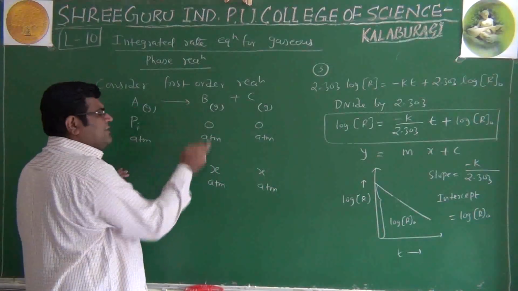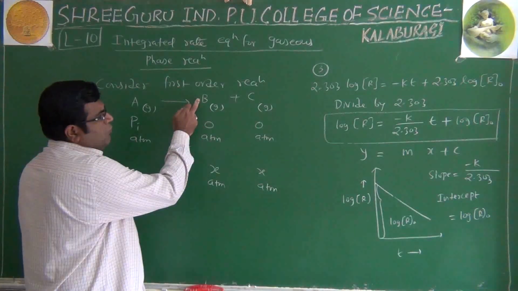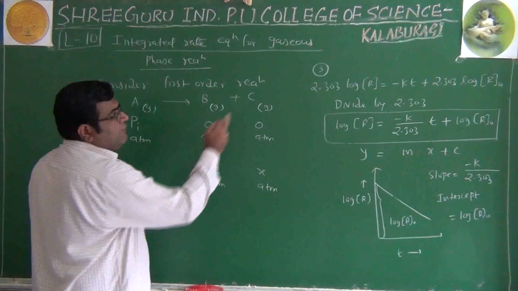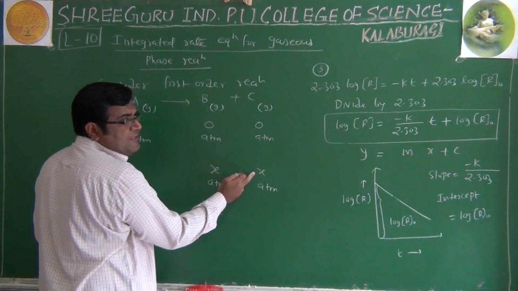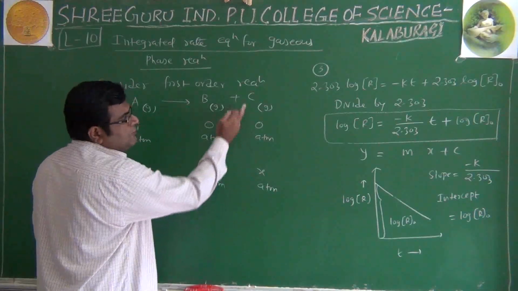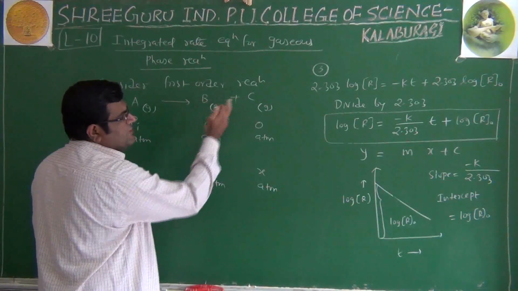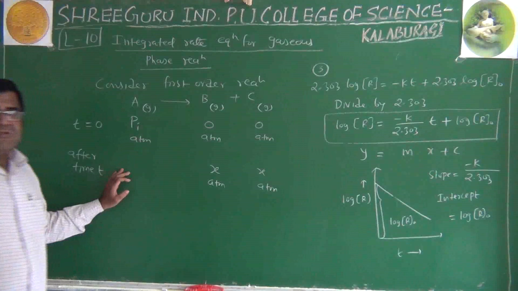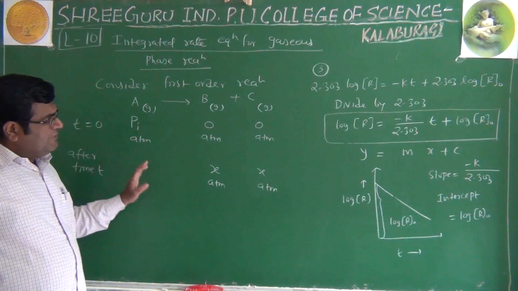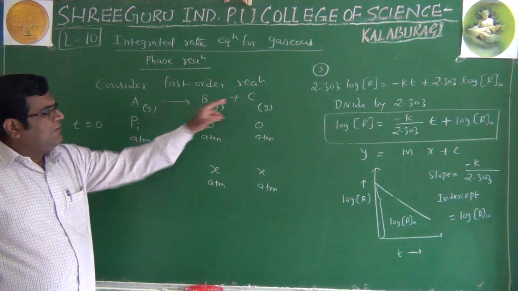Now we have written x atm here because this is 1 mole, and this is also x atm because this is also 1 mole. If it were 2C, we would have written 2x. For 3C, we would have written 3x. So we have to look into the stoichiometric coefficient here, just like we have done in solving the numericals in chemical equilibrium last year. Similarly, we have to consider these equations.